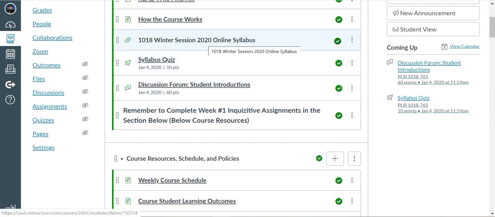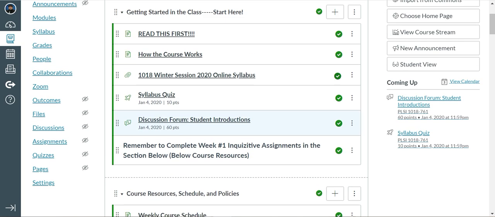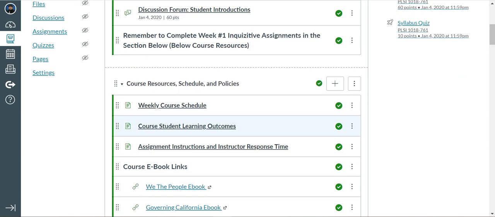Your syllabus is located here. Click it. It'll open up a page for you to view it. You can also download a copy if you like. The syllabus quiz is directly under this. Your discussion forum is located here. You just hit reply to the question, and it'll create threaded replies that you'll be able to respond to each other with, right? And then after you complete all those, you'll just want to scroll down to below